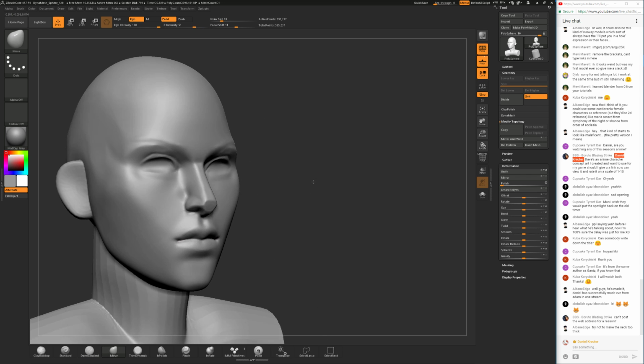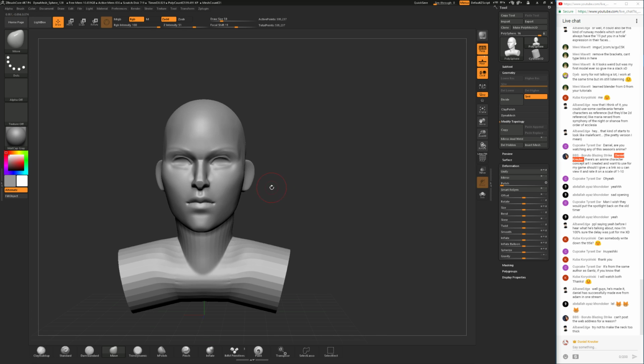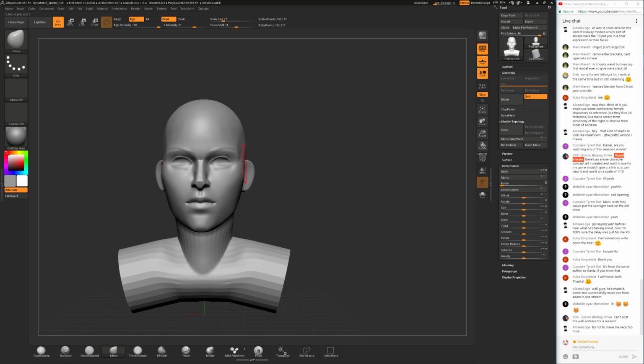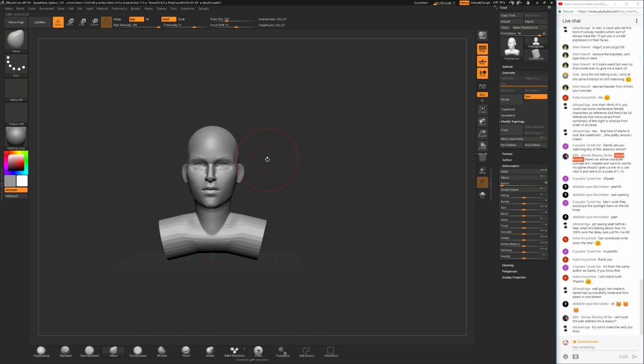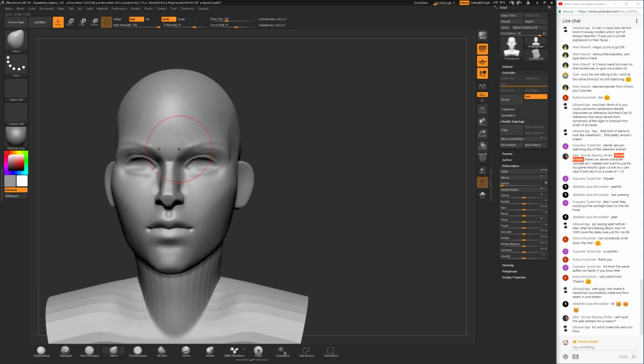So maybe that's one of the big parts that make a difference here. My character looks angry.